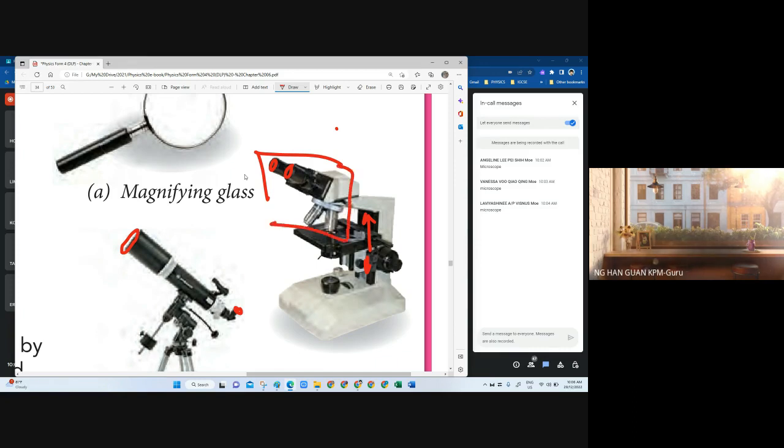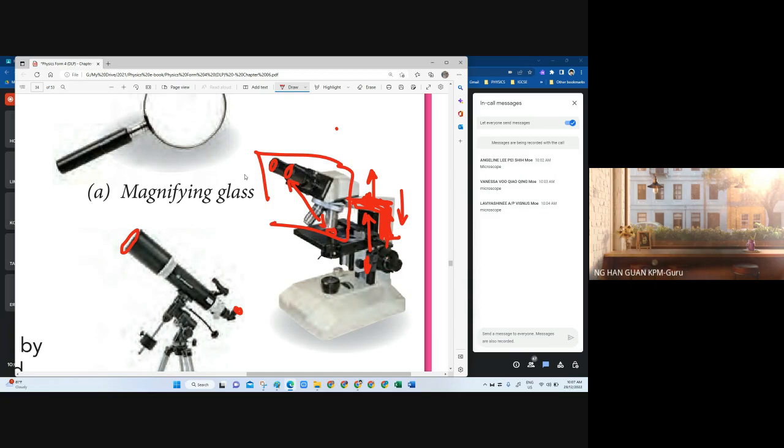You make this whole part, which is the arms here. With this arm here, you can make it up or down. But you are not changing the length between the lenses. You only adjust this arm